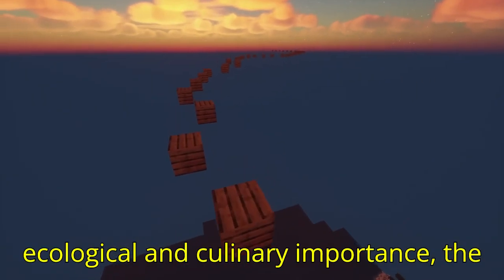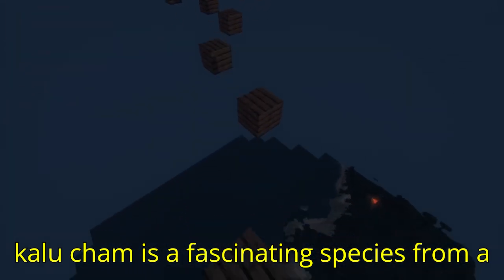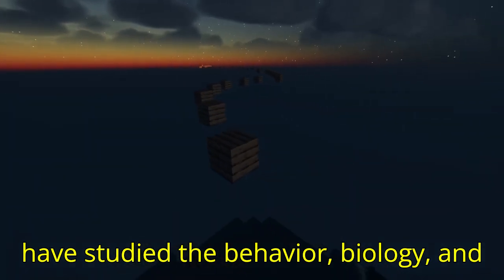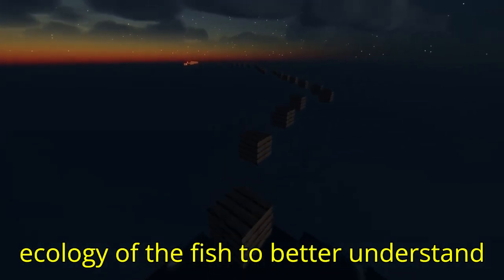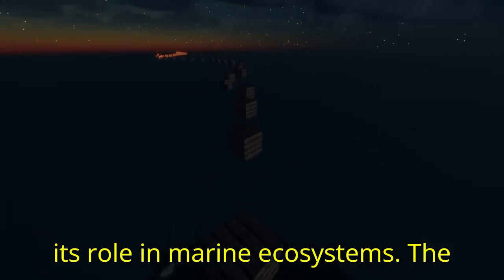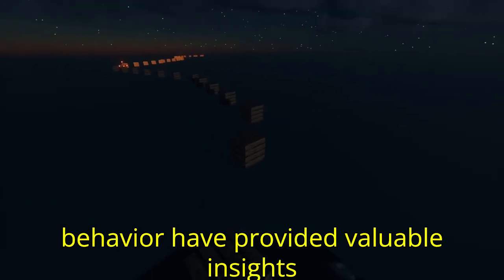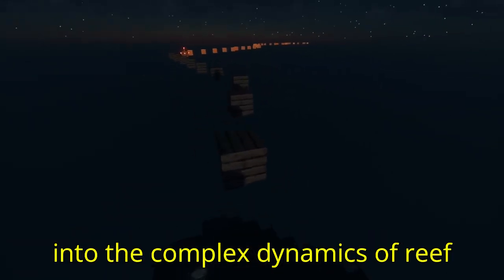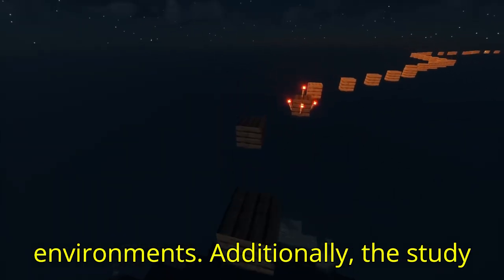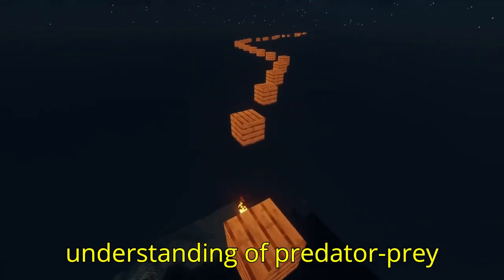In addition to its ecological and culinary importance, the kalu cham is a fascinating species from a scientific perspective. Researchers have studied the behavior, biology, and ecology of the fish to better understand its role in marine ecosystems. The fish's unique hunting techniques, reproductive habits, and territorial behavior have provided valuable insights into the complex dynamics of reef environments. Additionally, the study of the kalu cham's diet and feeding habits has contributed to our understanding of predator-prey interactions